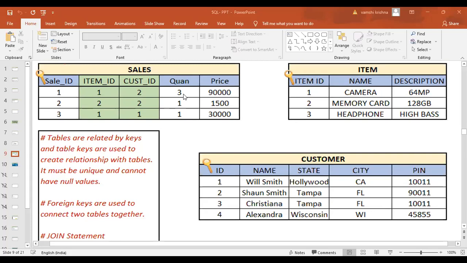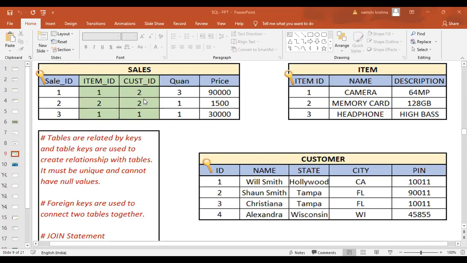Yes, ma'am. So what if Will Smith has bought a camera and a memory card also? Then how will we connect them? Then you can say that here again it is 2. You see this 2 too? Yeah, ma'am. Sean Smith has purchased a camera and also a memory card, 90,000 plus 1,500.